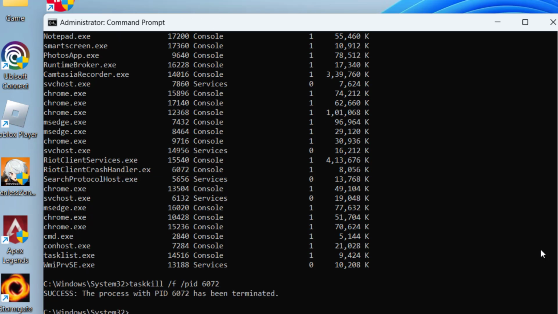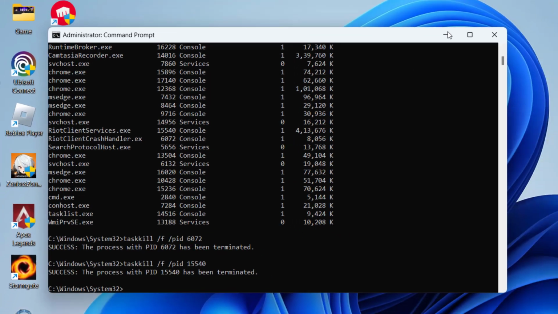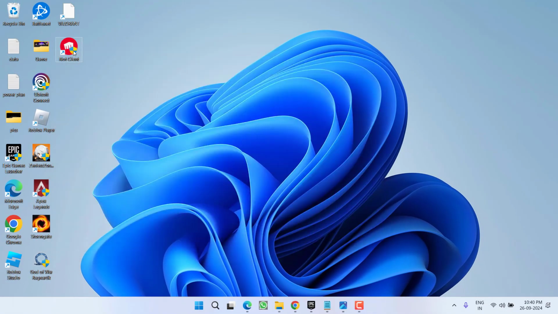Hit the enter key. Once it is terminated, again type in taskkill /f /PID, space, the PID for the Riot client services, which is 15540, and hit the enter key. Once you have done it, close it. Relaunch your Riot client and hopefully you will be able to launch Riot client at this point.